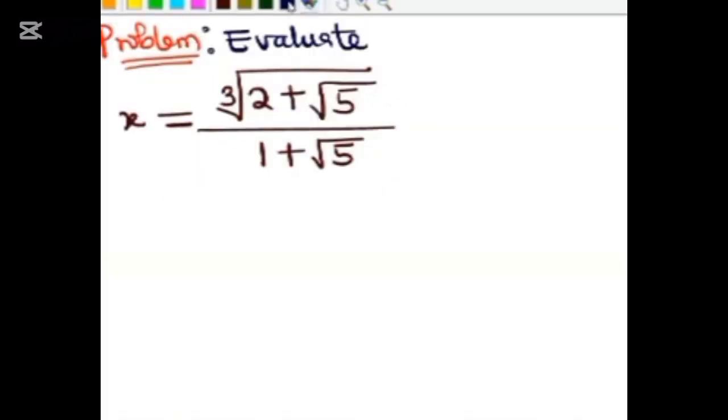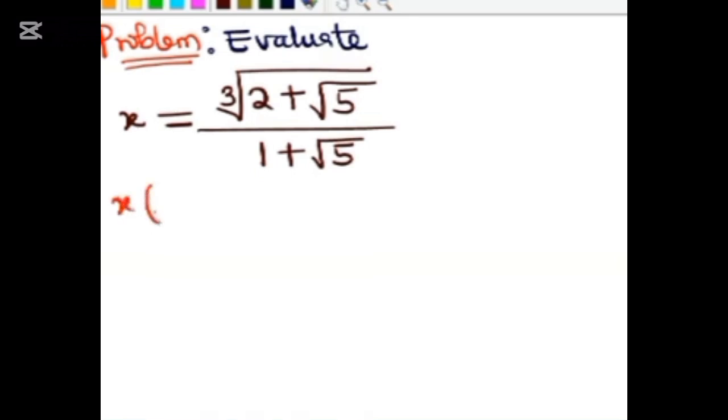Right, so in this quick example, we are asked to evaluate, that is to find the value of x for this problem. So this is, of course, a solved problem. So what are we expected to do? Of course, you cannot rationalize this, even though it's a fraction, because the numerator has a root all over everything there. And so you can see your 2 plus root 5 under a cube root. So the best thing to do here is to cross multiply. And if we do that, we are going to have